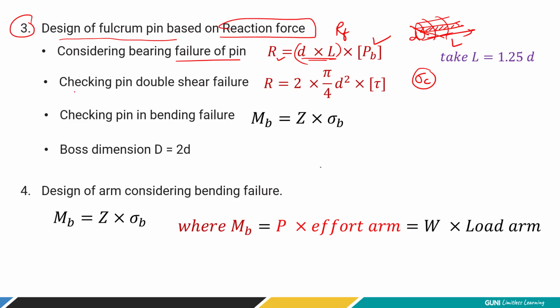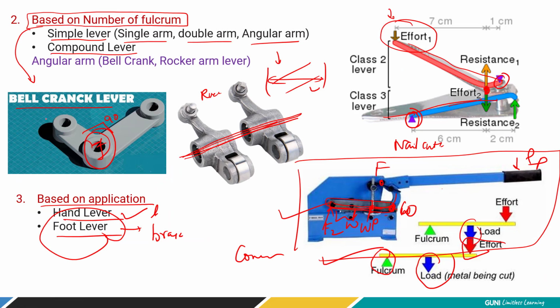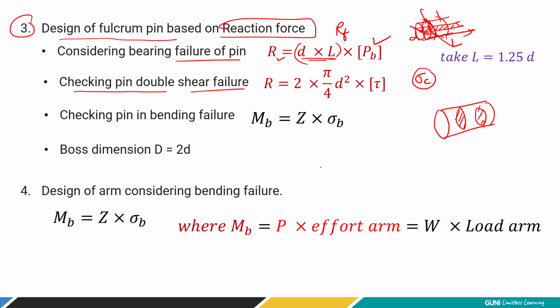Now the second point is checking the pin in double shear. It is possible that the force coming from the lever can shear off the pin. Let me draw it separately. So at this section, what can happen? It can shear off, right? Because in the lever it is in the hub. What is here? A pin, understand it that way. Here there is a big pin, okay. If more force is coming, what can happen here? It can shear off, from both places. The pin can shear off here and also here, right? So considering that it is a circular area, the pin is circular, we have two areas, so 2 into pi by 4 d square.